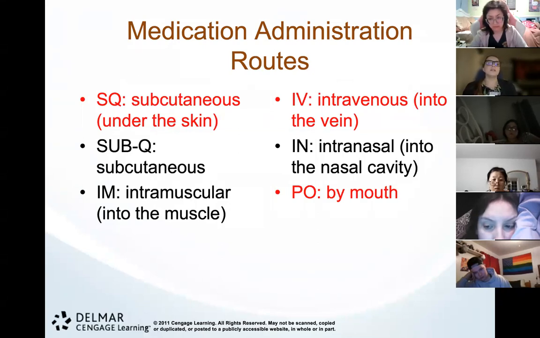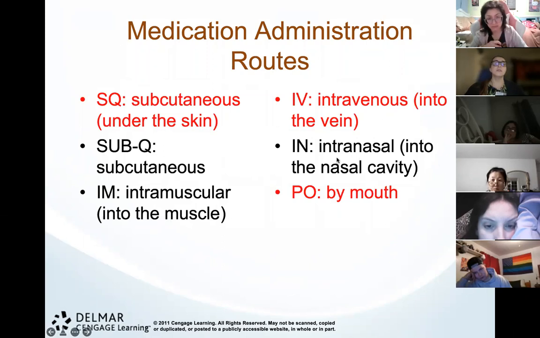So with our medication administration routes, SQ, also known as sub-Q, means to give a subcutaneous injection, which means under the skin. A lot of medications will be subcutaneous. Know that all vaccinations go subcutaneous. We don't give vaccinations in the muscle or in the vein. It goes under the skin for our small animals. When we're talking about livestock like horses or cattle, they actually do get vaccines that are IM or intramuscular, which means in the muscle, but small animals are all subcutaneous unless we're talking about our Bordetella or kennel cough vaccine,